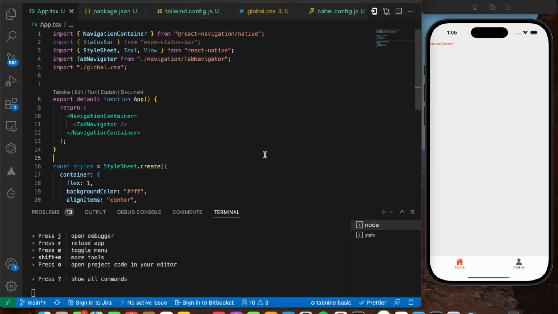Hey everyone, welcome back to another video on React Native. So in this video, we'll be implementing the Clerk Authentication. That is, we'll be exploring how to implement the Google sign-in as well as sign in with email and